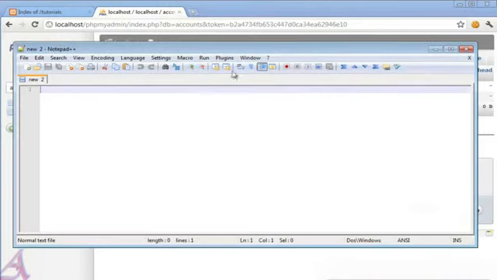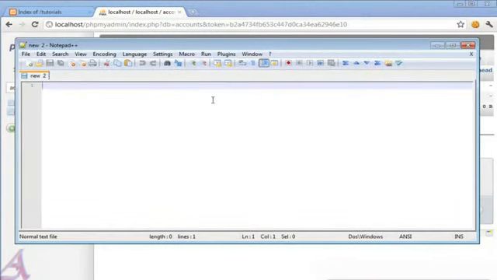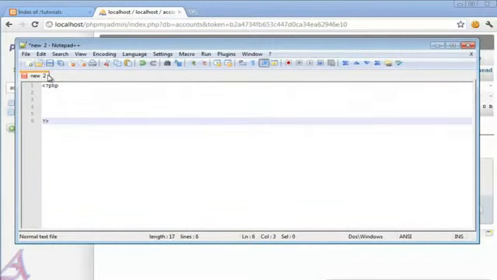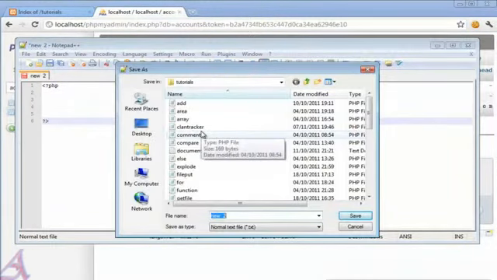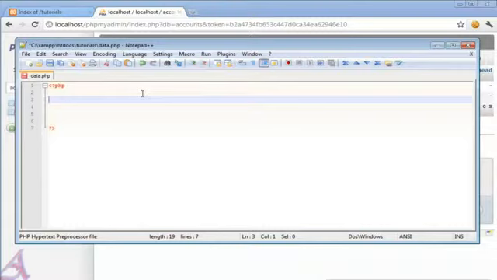Let's start coding this main application. Obviously we need to create our PHP opening and closing tags, so it recognizes a PHP file. We're going to call this data.php. We need to start this off exactly as we started off the previous tutorial. If you remember, all we did was create a connection to the MySQL database, then select the database accounts, and then make our own table called users2. So what we're going to do, as we did in the last tutorial, is make a variable